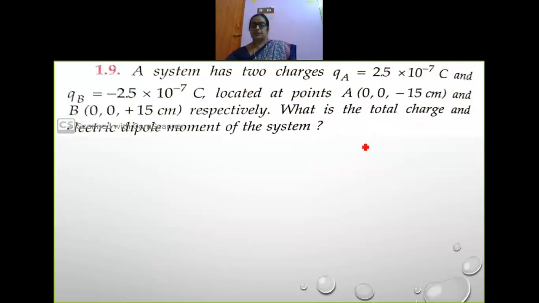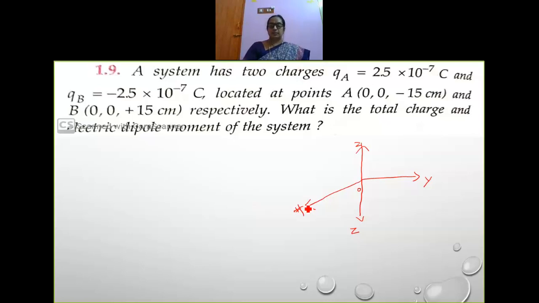So let me draw the pictorial representation. Let me draw here. This is how it will be, right? Now let me draw the arrows here. This is the origin. Let me take this as y-axis, this as x-axis, and this will be z-axis. Why will this be z? Look at the points here.